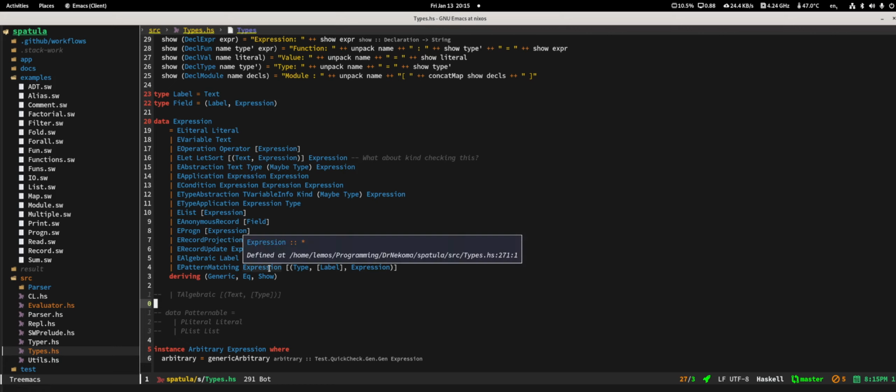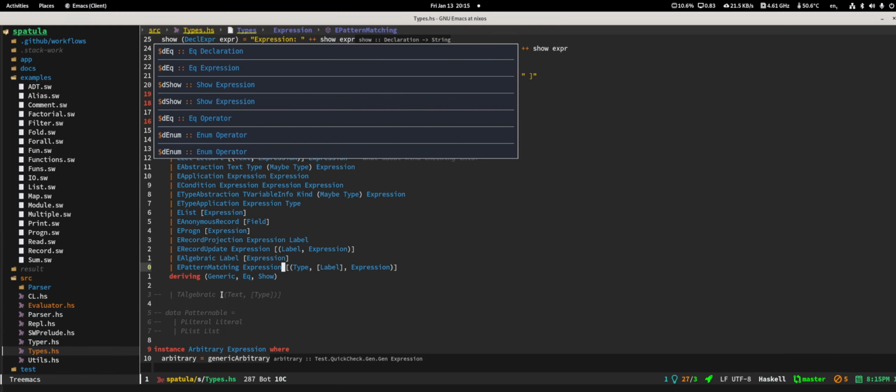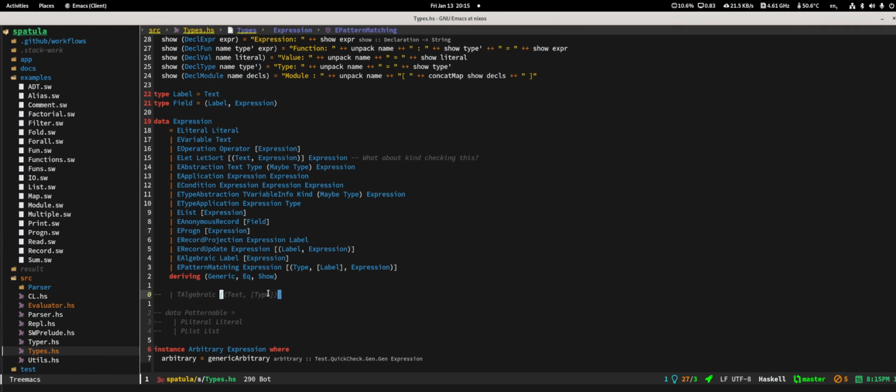Like you're talking about, we're gonna type check this and see if it's a T algebraic with a list of text and empty. Yeah, that's our sum type, right? Yes. So it needs to be, because that's how we are doing type checking for today at least. If not, then you shouldn't be matching, right? It's an error. Okay, we type check that, we get the information that it is a sum type, and